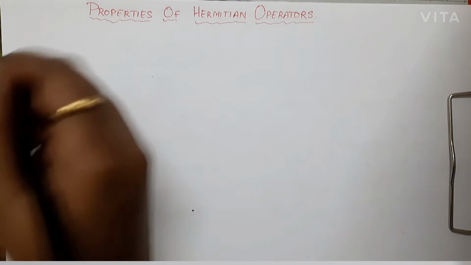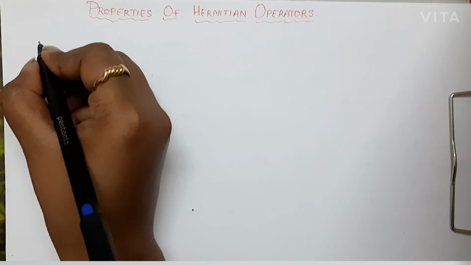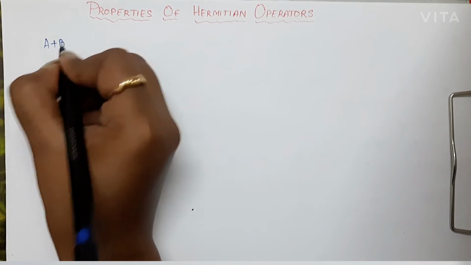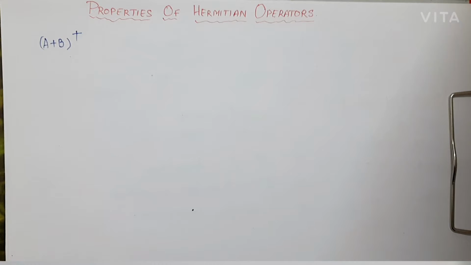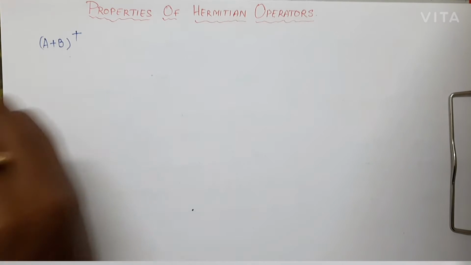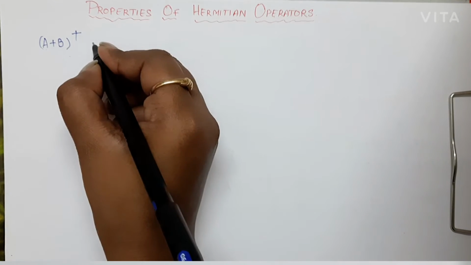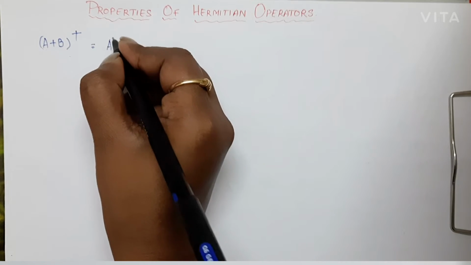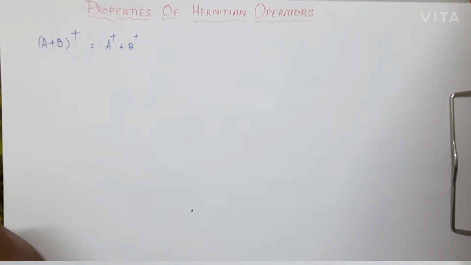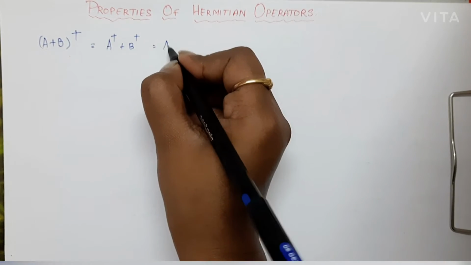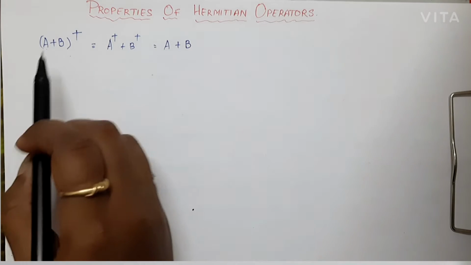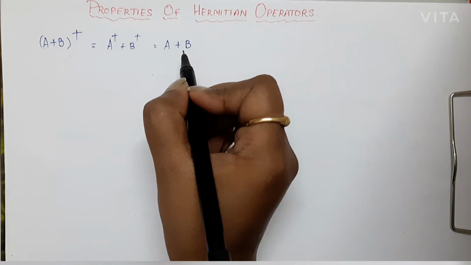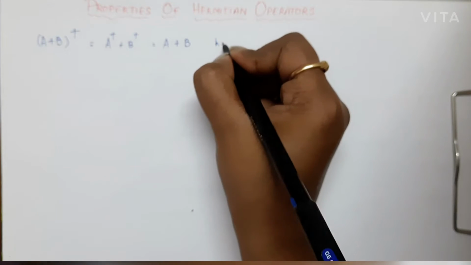So starting out, first suppose I have operator A and operator B and their sum. Now I want to find out the dagger of it. Now how to approach this? We have discussed some of the properties of dagger, so we are going to use those properties here. If we have (A plus B) whole dagger, we can open it up as A dagger plus B dagger, right? Now we know that A dagger equals A and B dagger equals B. So when we are solving (A plus B) dagger, we are getting A plus B back. So that means it is Hermitian, right?